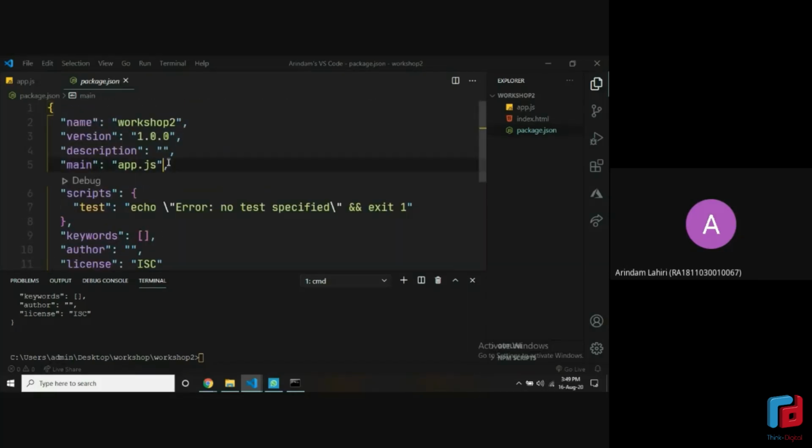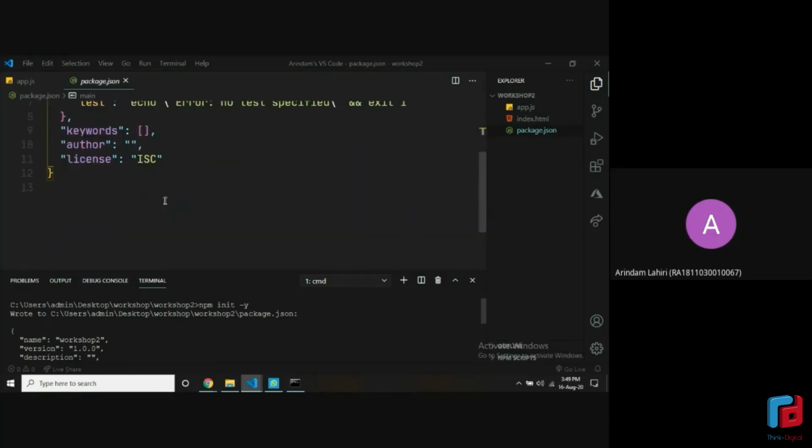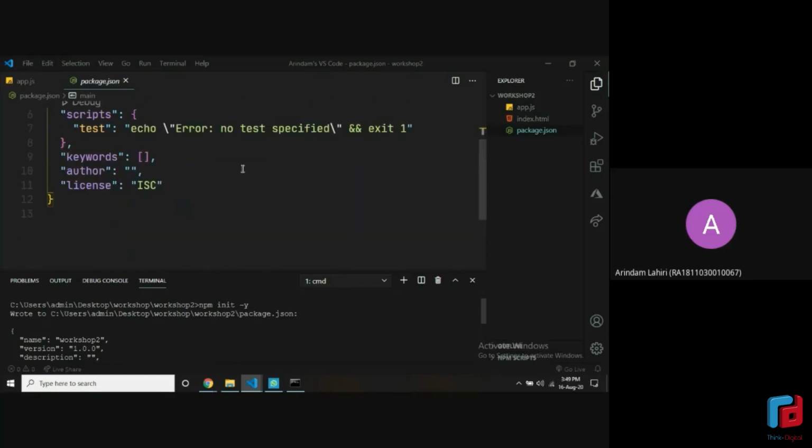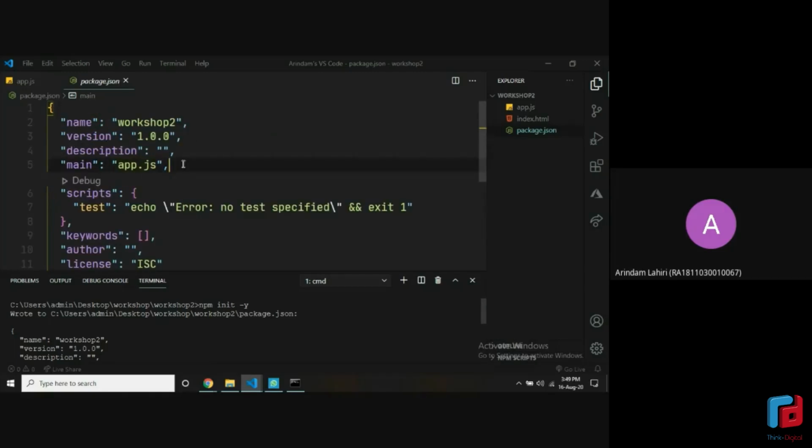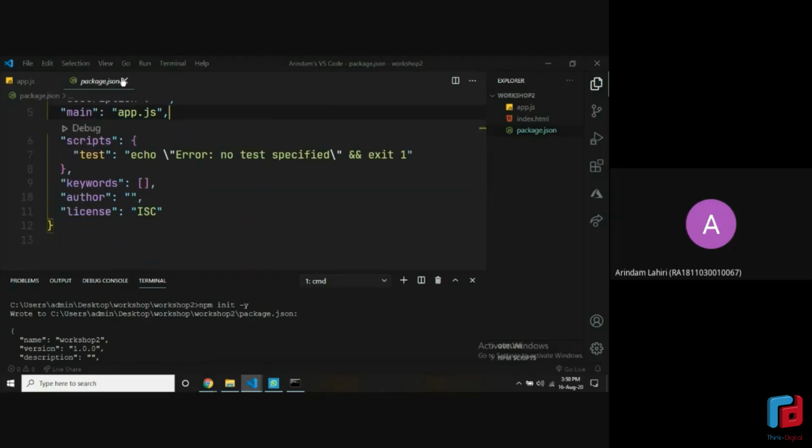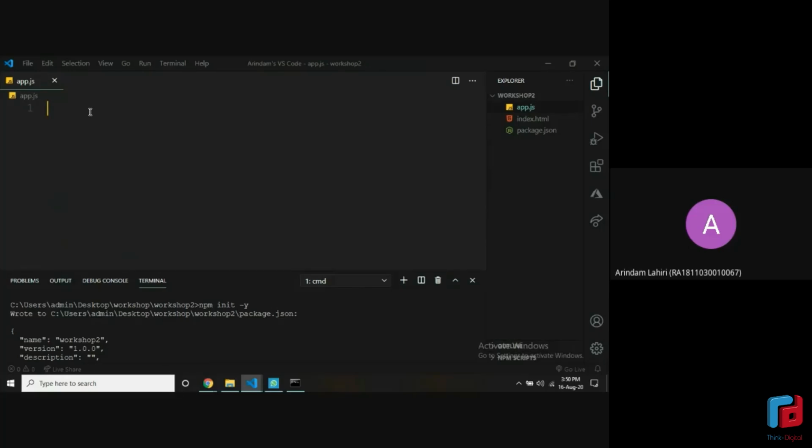We can move ahead. And one more thing, the flag that we use. If you see, we use the -y flag in the command. Why we used it was because all of this information, it would have asked from us in the command prompt. To just prevent that and make it a little faster, we just use this flag. Otherwise, we would have given this information. -y just gives a yes to everything it asks for, so it just puts in default values according to its liking. So that's done. Now let's move to some actual backend development and create a HTTP server.